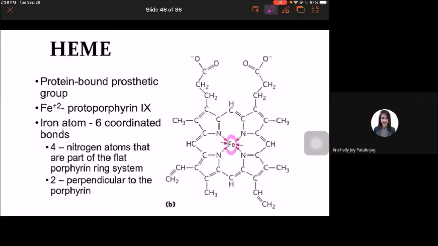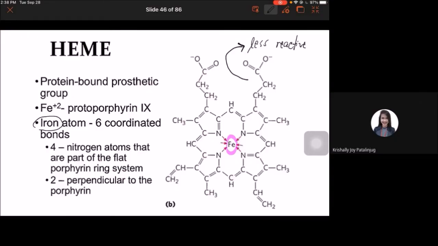Protoporphyrin 9. And again, that is very important to make the iron less reactive. Okay, so protected siya ngayon from any oxidants, para maiwasan yung pag-oxidize ni iron. Nakuha? Now, with regards to that central iron atom, it has an observable